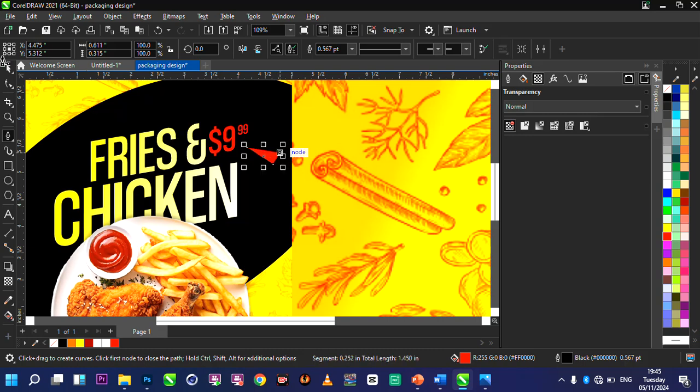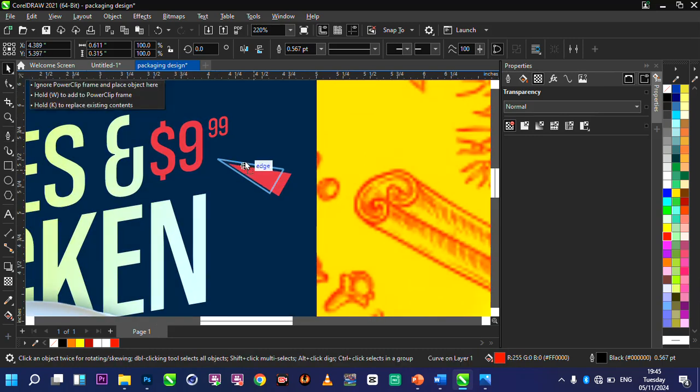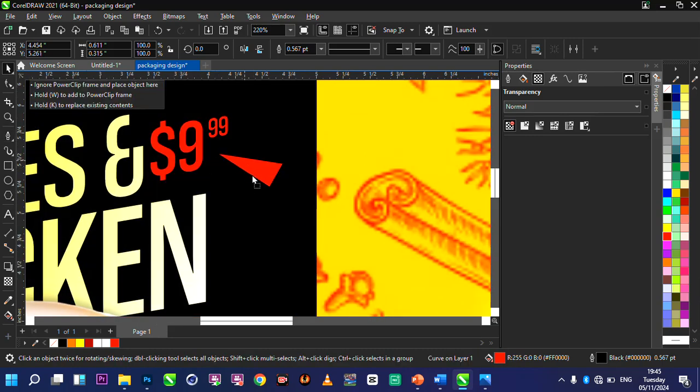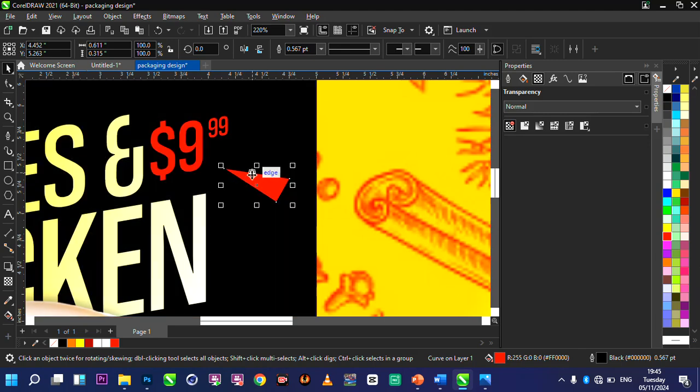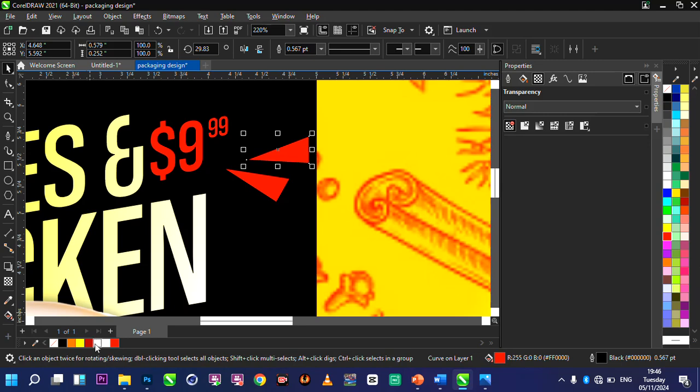Okay, I think I can see that. So we have one here, right? Control D to duplicate. Rotate this way. Apply a color of